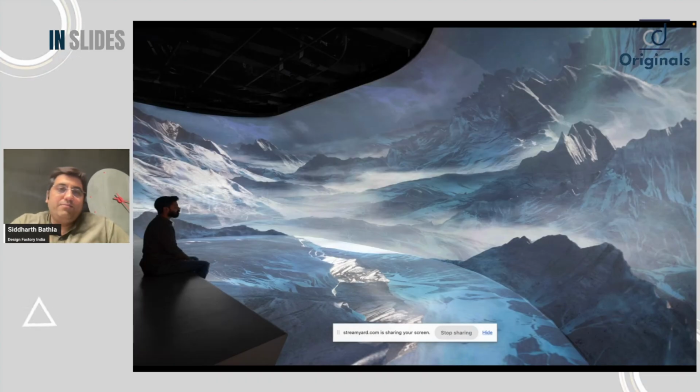So broadly, it's a museum which tells you a story of earthquake, and this is why I tell you that the story is something which is very very important to us. So once we got the museum, we were told that we need to do a museum on earthquake, but we really wanted to get into what an earthquake museum is all about. So during our research, we realized that the story is not just the earthquake. The story is about the constant natural occurrence which is happening. So it is about the story of natural occurrence rather than the earthquake itself.